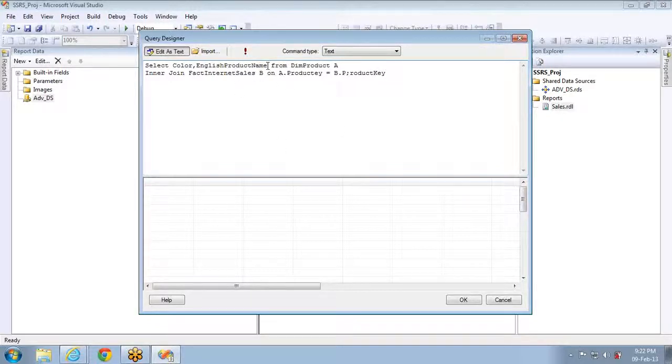Now let's see. I want sales amount too, and tax amount. So I have a couple of columns. Let me execute the query and see.